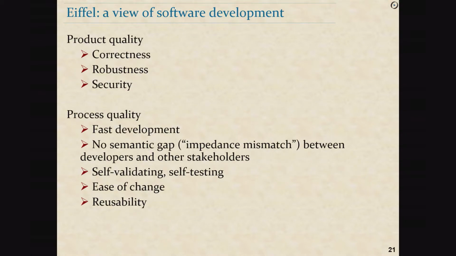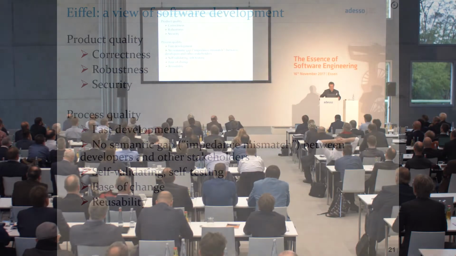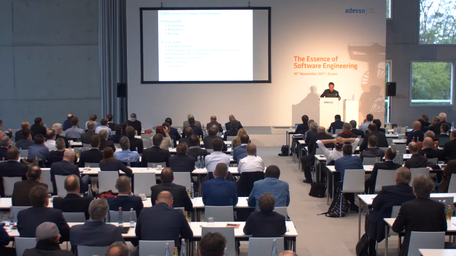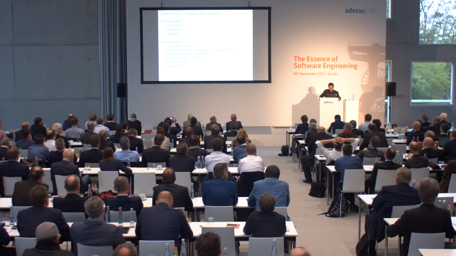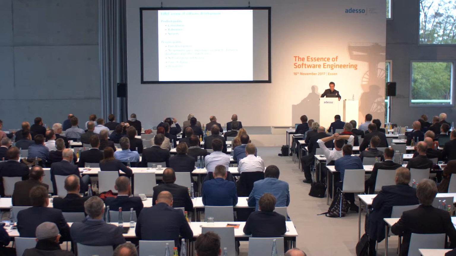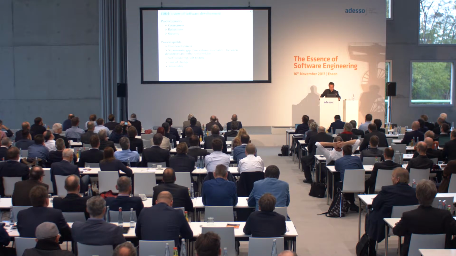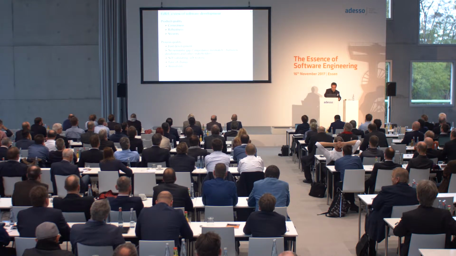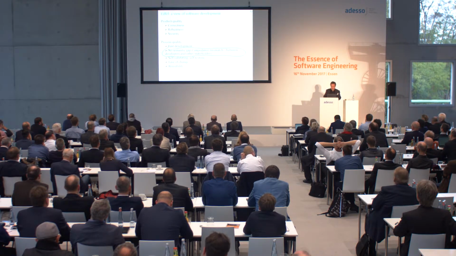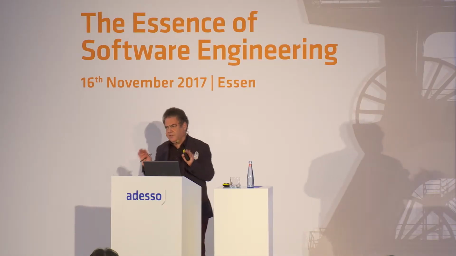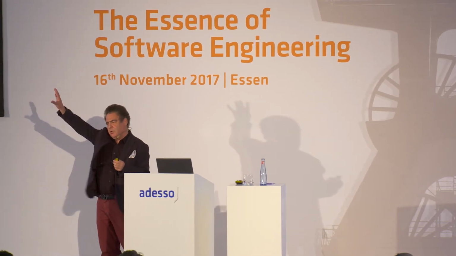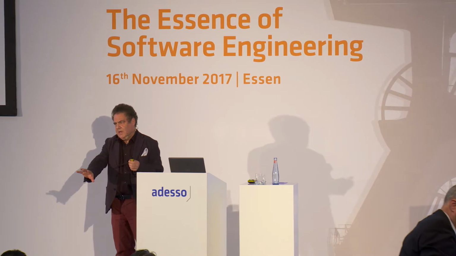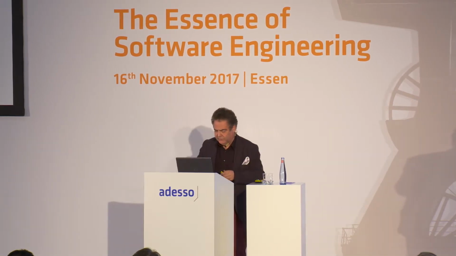So Eiffel, which is really what I'm talking about today, in any case, it's all that I ever talk about, is about both, right? So don't think of it as being just a language, although the language is a very important component. It's an approach to software development with a focus both on product quality, correctness, robustness, security, and on process quality, in particular with this notion of seamlessness, to which I will come back, which tries to remove semantic gaps. So it's the exact reverse of things like model-driven design, which say you're going to have a model and then you're going to have an implementation. It's trying to bring everything together.